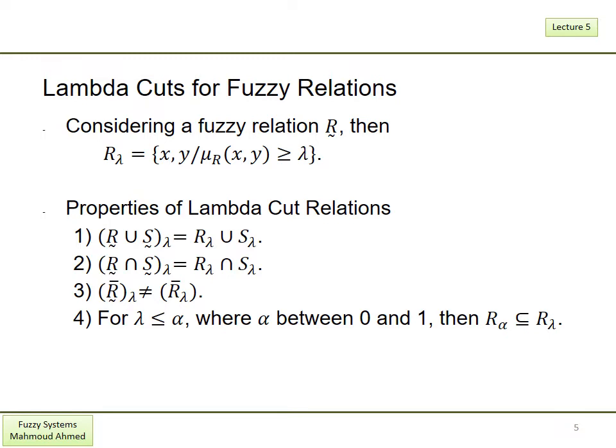Two: the fuzzy set R intersection fuzzy set S of lambda is equal to the classical set R lambda intersection the classical set S lambda. Three: